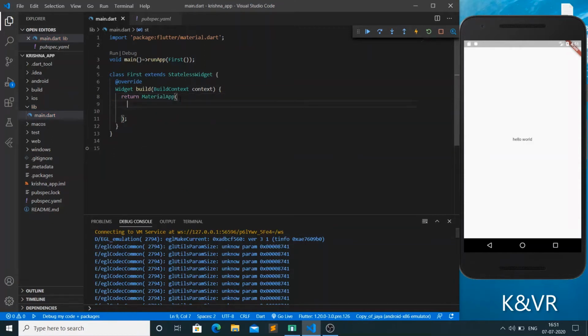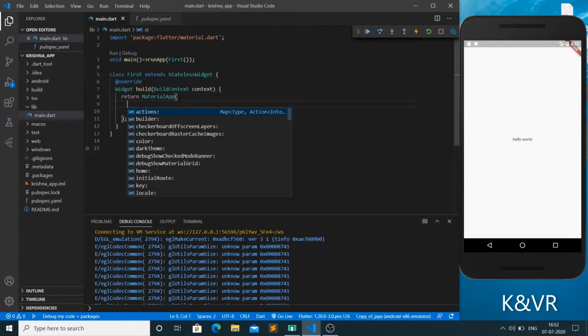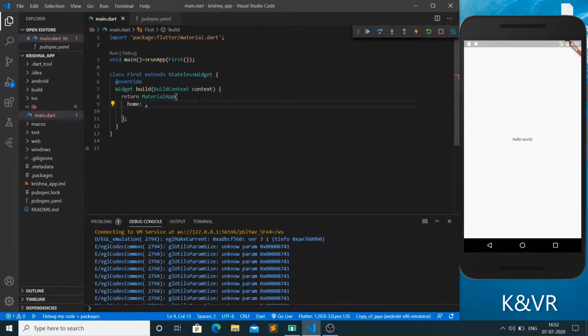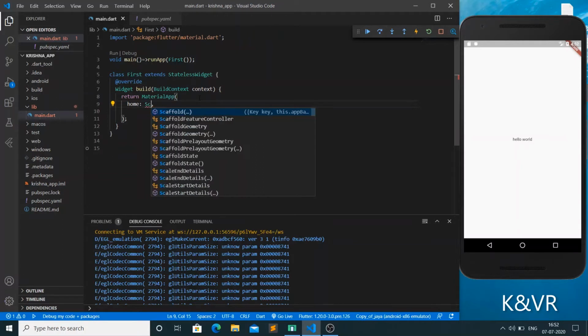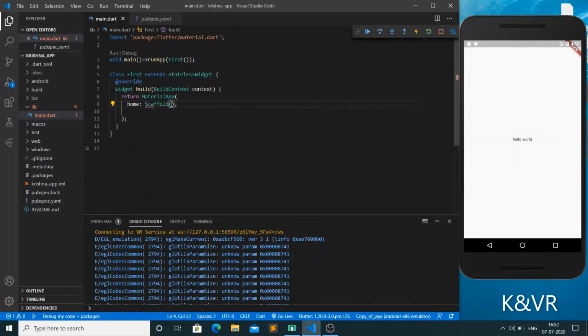Whenever it doesn't show suggestions, just press Control Space, and it will show suggestions. Here I am giving home, and for that home we are giving Scaffold. Scaffold is one of the widgets that gives the white page to the entire screen.